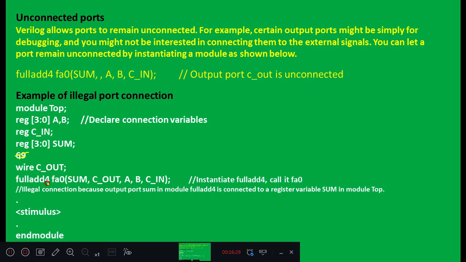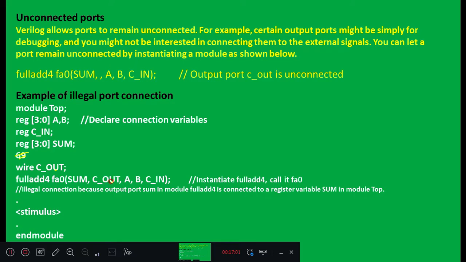When you are using full add 4, a 4-bit full adder defined earlier, in this module you have defined sum as a register, and you are mapping it with a sum which is a wire or net type. So this is allowed. Then cout, which we have defined as wire, and in the earlier case it is also net.